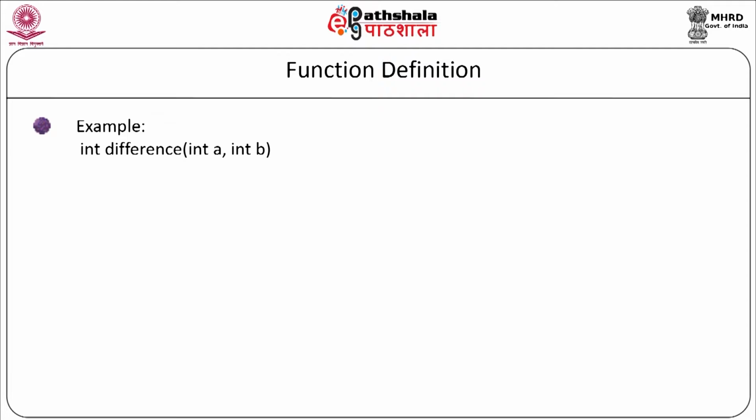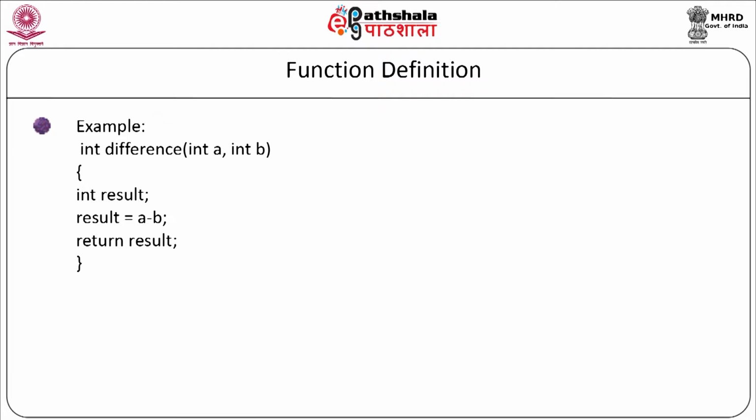Even if both parameters are of type integer, we cannot write integer a comma b. For each and every variable the data type is a must, so it has to be written as integer a comma integer b. Now we will start with the body of the function: opening curly braces, integer result, result is equal to a minus b, return result, and end of the function. So this is a function defined by the user and the name of the function is difference. To call this particular function, we should give the proper parameter list to the function and it will be called inside the main program or inside any other